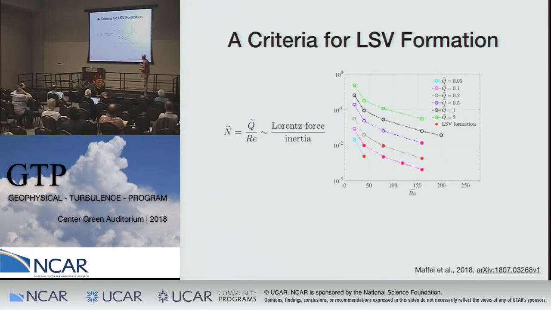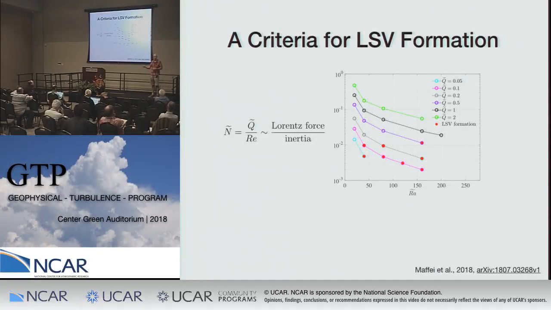A more useful parameter is the magnetic interaction parameter. This is Q over Reynolds. It represents the relative size of the Lorentz force to inertia in the simulations. This plot shows N, the magnetic interaction parameter, versus the Rayleigh number for all these different values of Q. The red dots show the simulations for which we identified a large-scale vortex, where this dipole dominates the flow field. Okay? And you can see that above an interaction parameter of about 0.02, 10 to the minus 2, sorry,